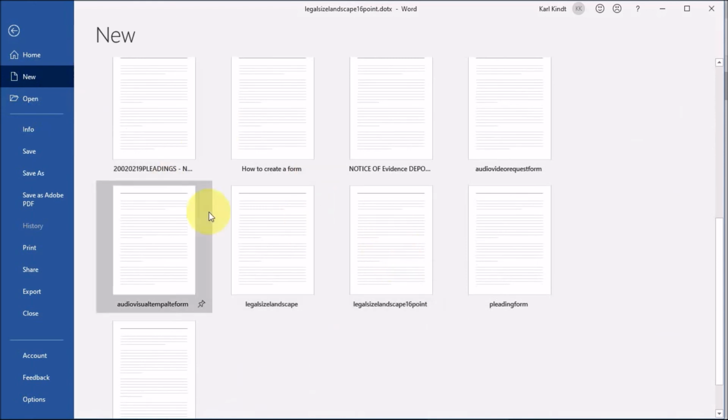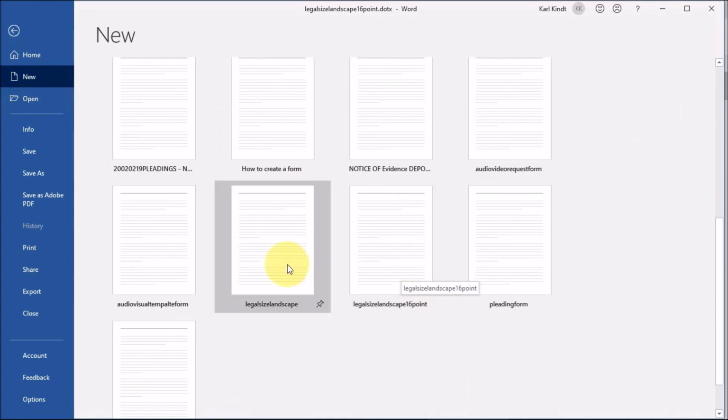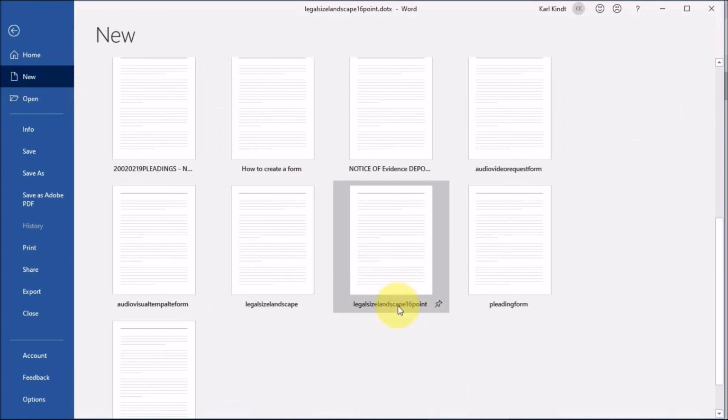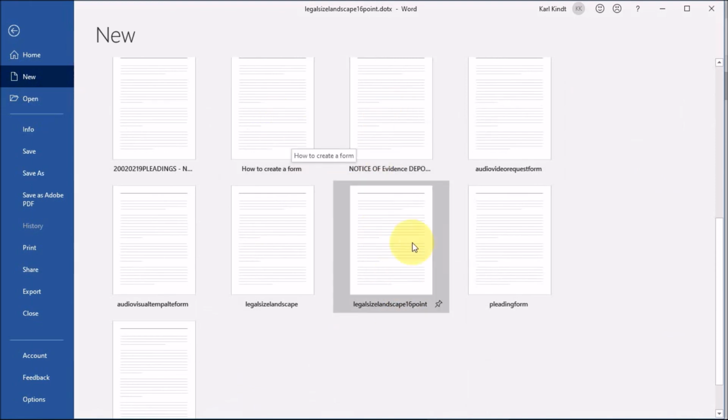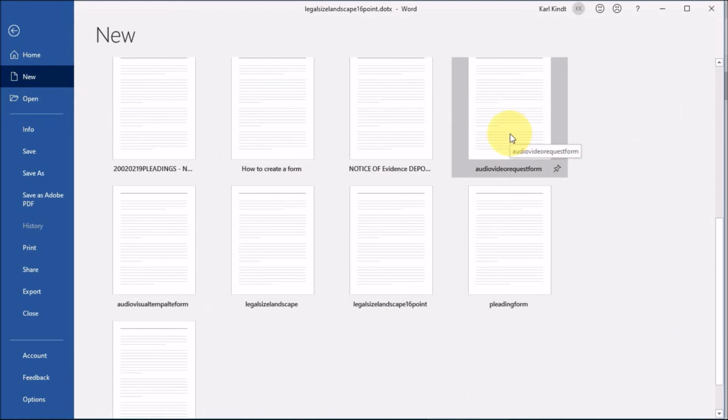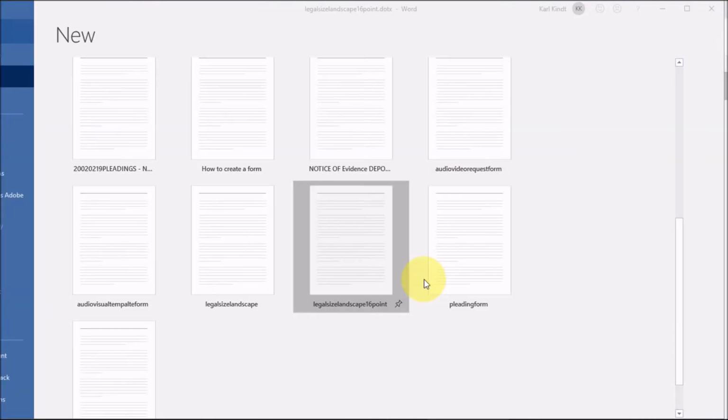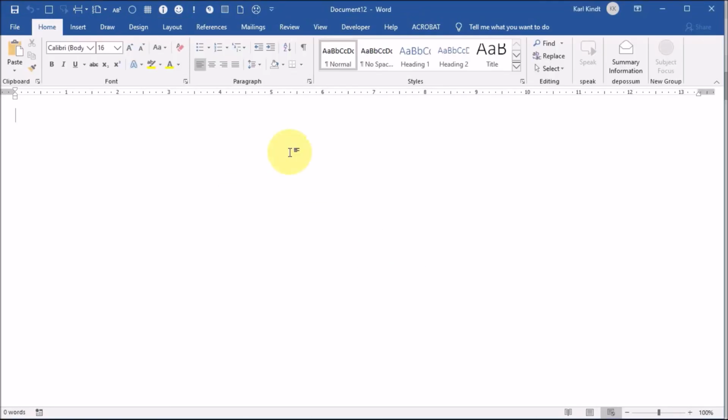Notice I've got other templates too. I've got a legal size landscape that doesn't have the 16 point. I have a notice of evidence. I've got how to create a form, audiovisual request form. I could pick this option, but this is one I just created. And when I pick it, it has all those attributes in it that I wanted for that particular template. So that's the way you would create your